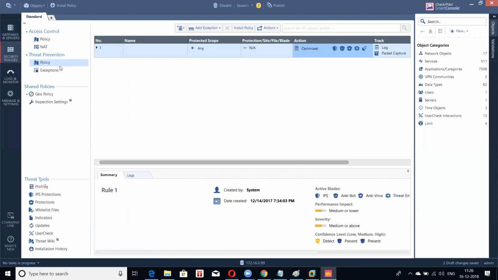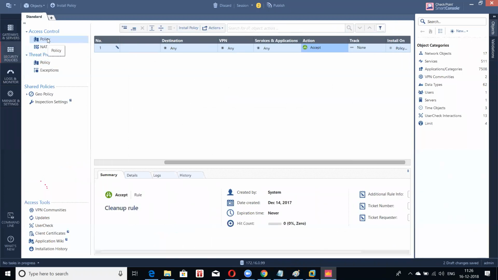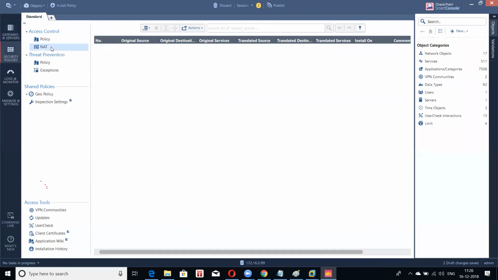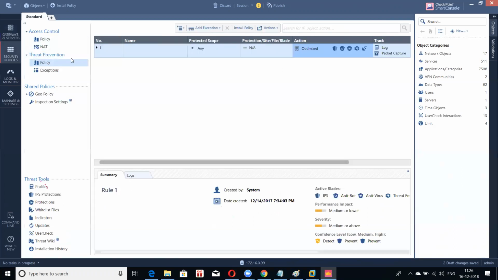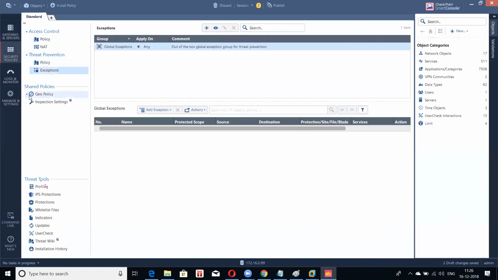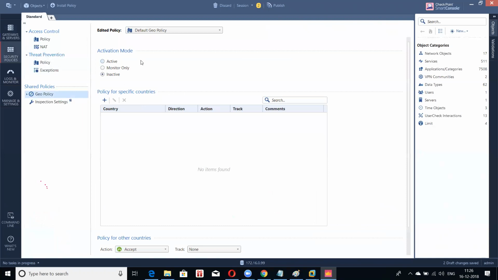Okay, the second interface we discussed, there are 2 things here, rather 3, but the firewalls are all firewall policies. 4 different policies are there under policy. NAT is there just under that. You can create your NAT, manual NAT or static NAT or PAT or whatever rules you want to create, available here. Policy under threat prevention, what is that? That is basically your IPS and all those policies. You can create exceptions and there you have the global policy called